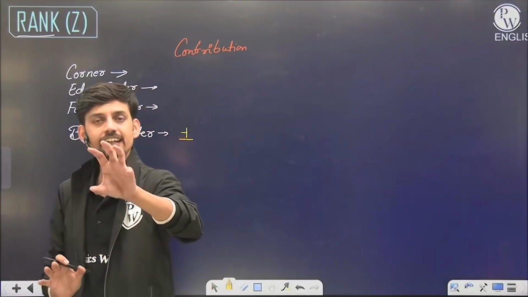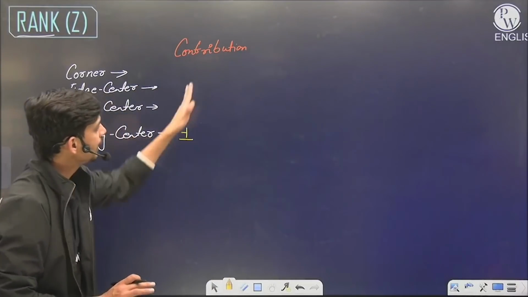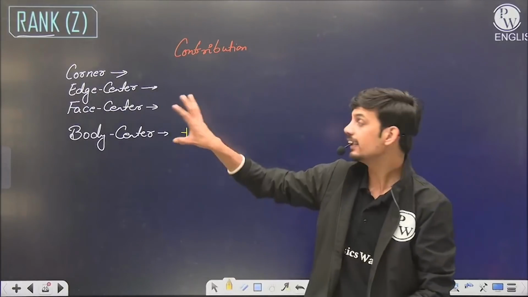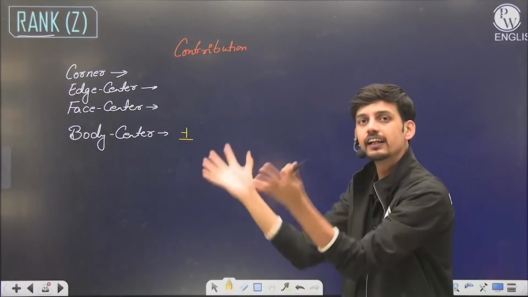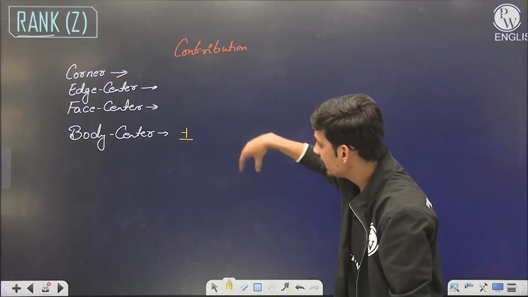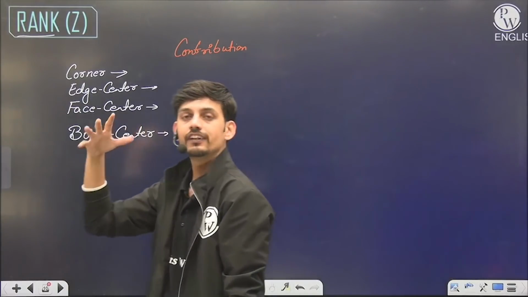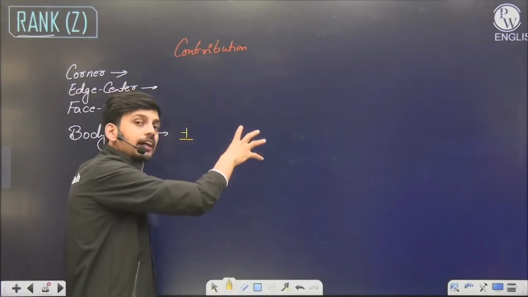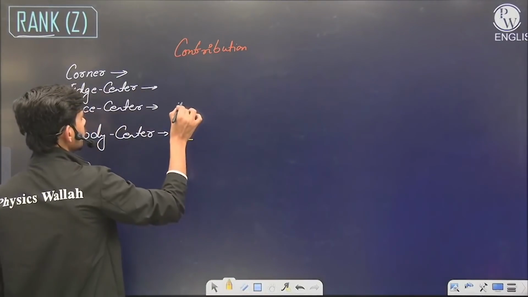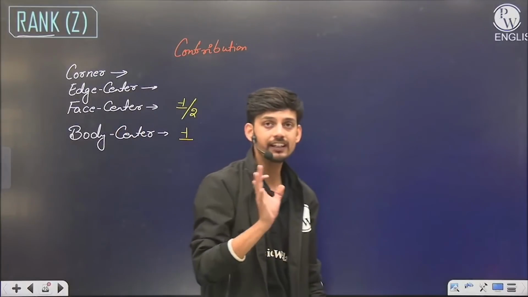Now if I take this atom and shift it to a face center, suppose I make a big hole in this screen, not feasible, but if I make a big hole in this screen and put a spherical iron shell in this hole, then this spherical shell is visible from this room and the room behind this room. So I can say that this atom is present in 2 unit cells. So per unit cell, the contribution of a face center atom becomes half, 1 by 2.